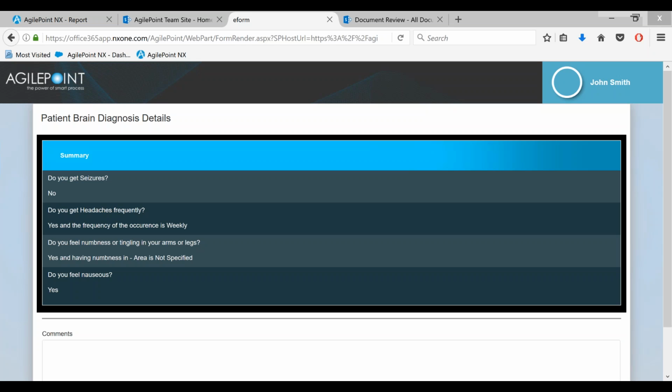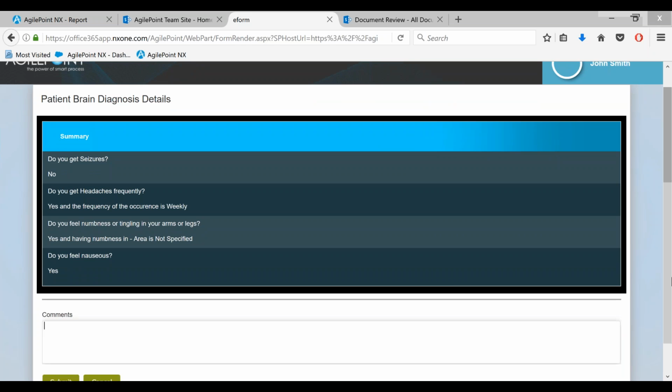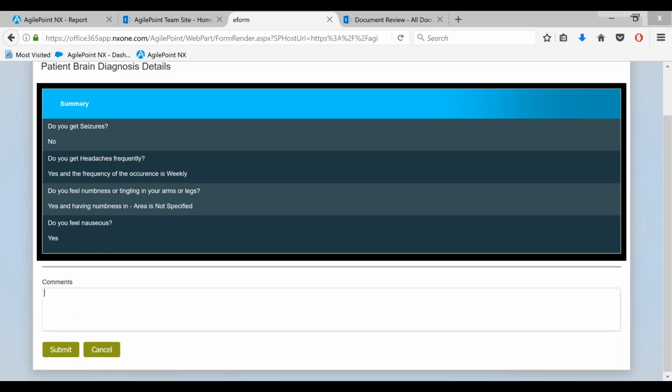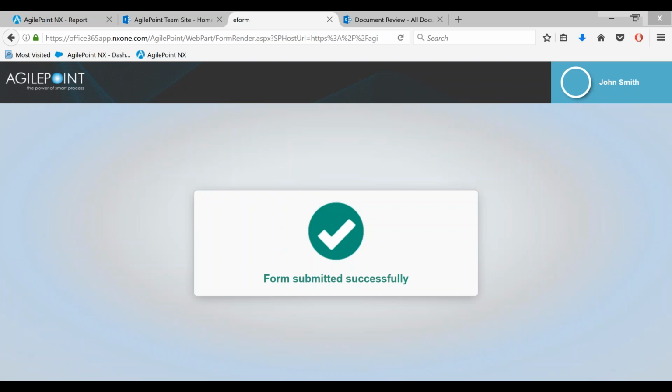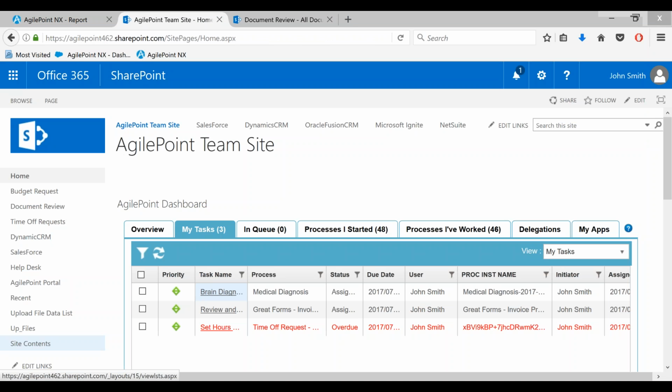So you're certainly not limited to data-driven forms. It doesn't have to be all about data entry. As you can see here, we can make things very visual and very engaging for the user as well. Now, it is important to point out that this solution was customized with some CSS and some JavaScript. So this is extending the out-of-the-box capabilities slightly, but certainly within the realm of most developers, I would say. All right, so we can go in as a doctor now. I can review the data that my patient has gathered for me, and perhaps that will help me make some sort of diagnosis as to the next steps to take with my patient.